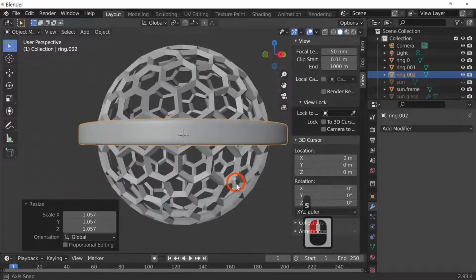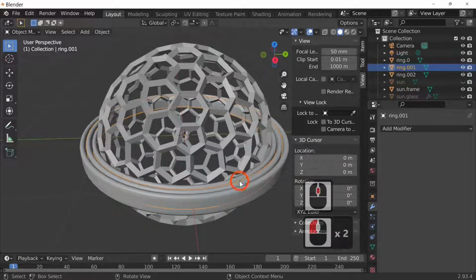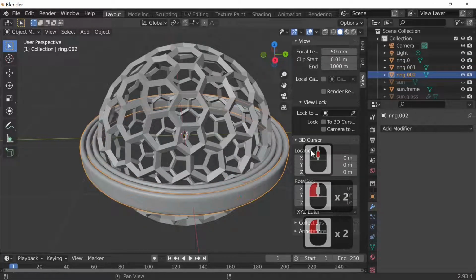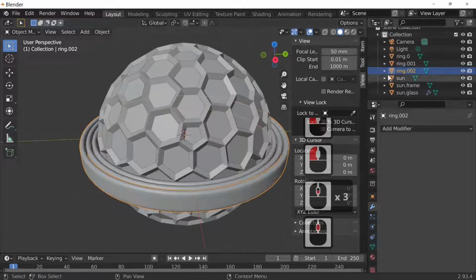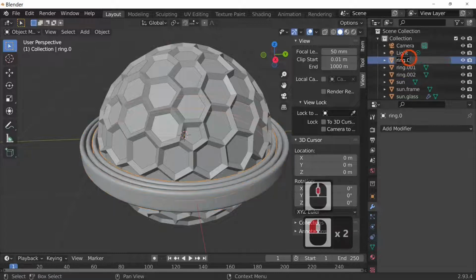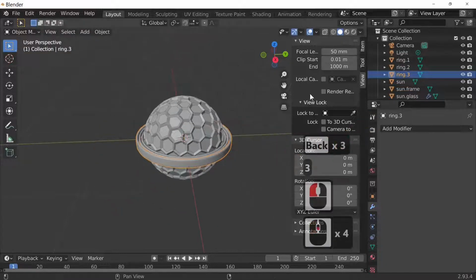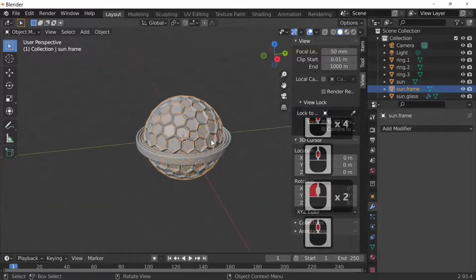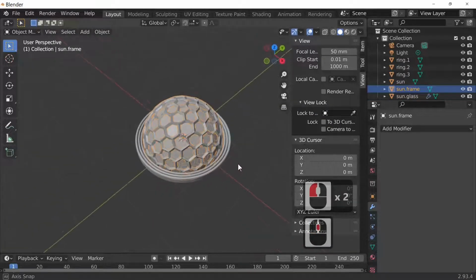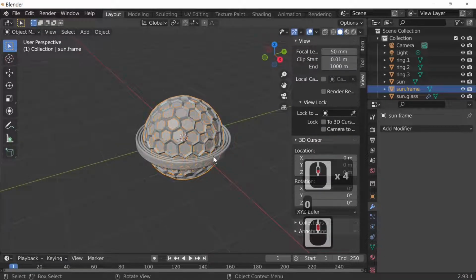So we've made our 3 rings. It's entirely up to you how big you want your rings to be, but that's it. I've made my 3 rings for going round my sphere. So we've got the 3 rings. Let's just call that ring 1, ring 2, and ring 3. So we've got everything created on our sphere. We just need to actually start adding some colours. So, on our sphere, or our sun, whatever you want to call it.